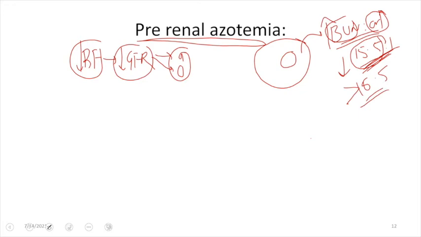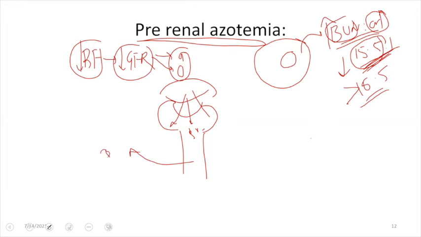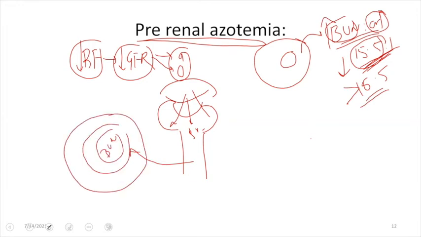So let me discuss why this happens. Normally, the blood urea nitrogen, so this is our glomerulus and this is our Bowman space, BUN and creatinine are filtered through the kidney, and as I've discussed, a little amount of BUN is absorbed from the tubules into the blood vessels, and the creatinine is secreted. What happens in case of prerenal azotemia is that there is a decrease in the blood flow, and because of this there is a decrease in the GFR.